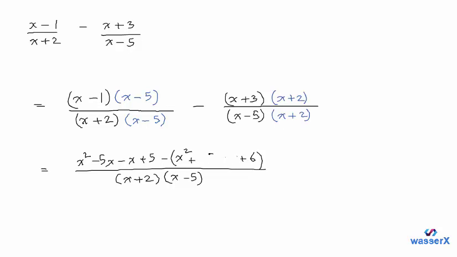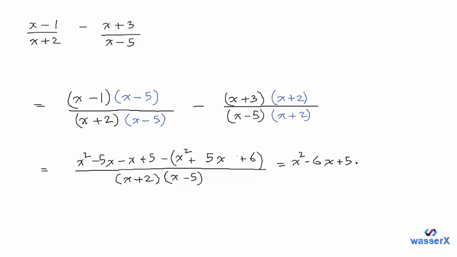So let's have one single 5x over there. Okay. Now let's open up the parentheses. So we have x squared minus 5x minus x. That's this portion. Actually we could combine the minus 5x and the minus x to get a minus 6x. So let's write that down. So we have x squared minus 6x plus 5